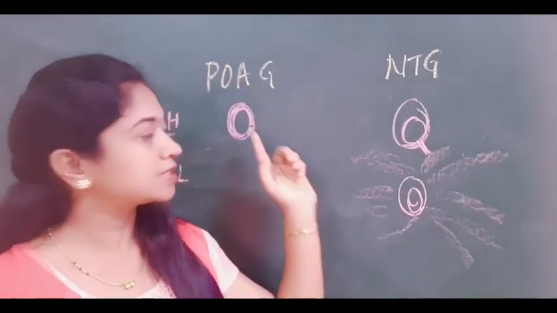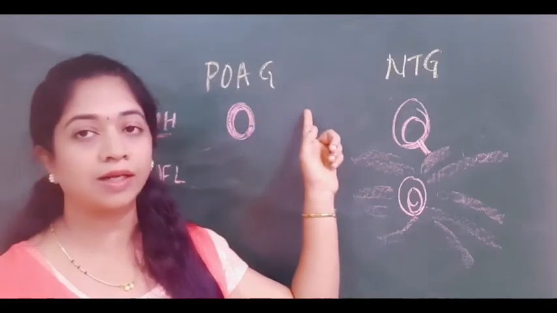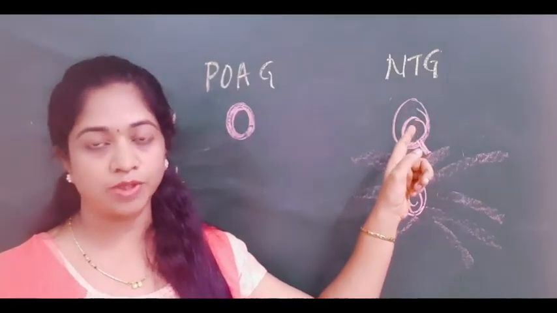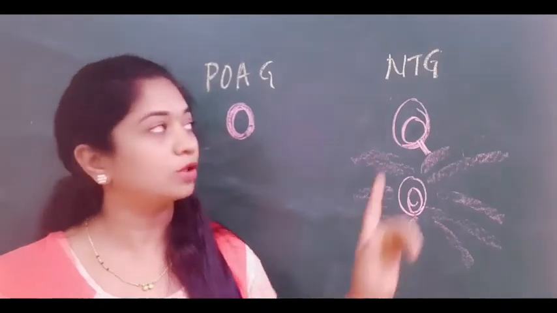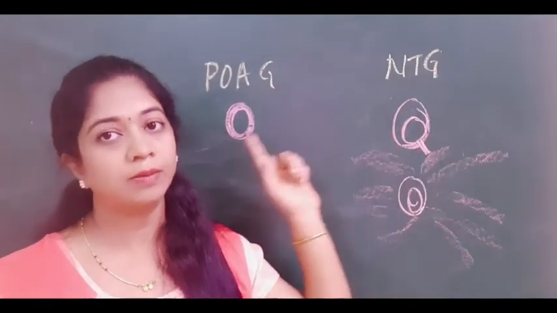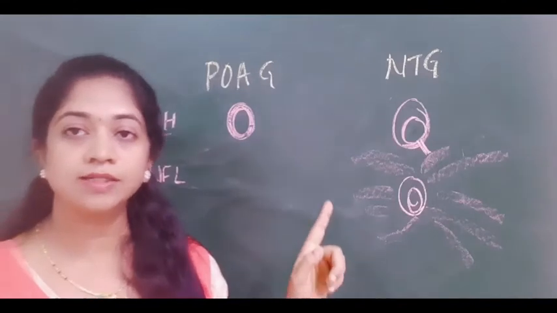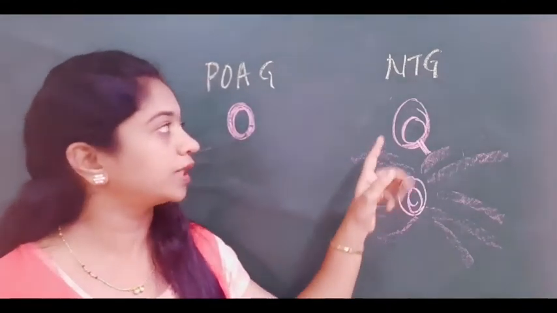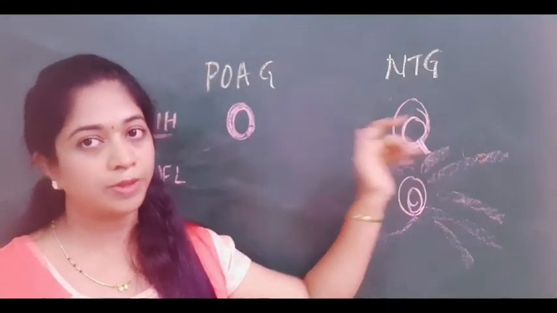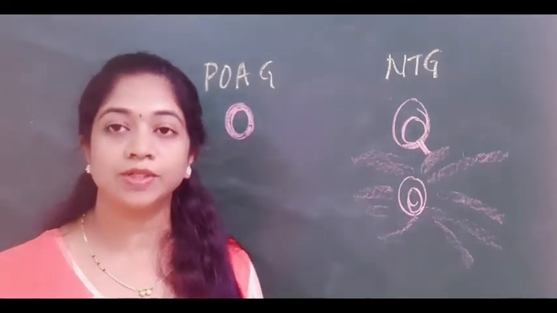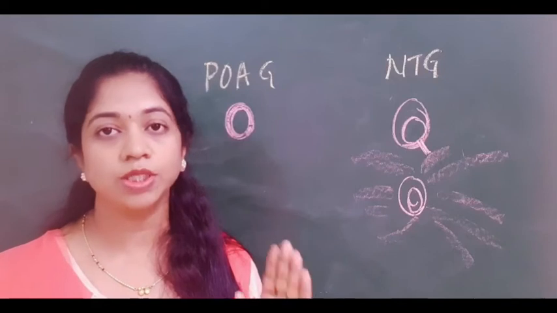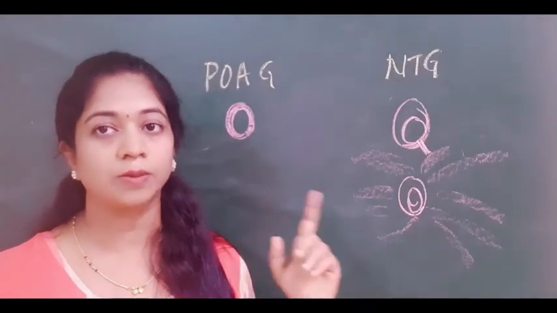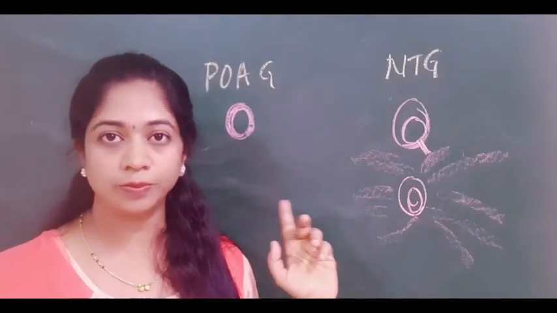Okay, so now we will see the differences between primary open angle glaucoma and normal tension glaucoma. If you consider blood pressure, there is more nocturnal dip in the BP in normal tension glaucoma, unlike primary open angle glaucoma patients. And if you consider the diastolic BP, it is usually more in case of normal tension glaucoma compared to POAG patients. And if you consider the viscosity of the plasma and the blood, it is usually more in case of normal tension glaucoma compared to POAG patients. So you remember those two.